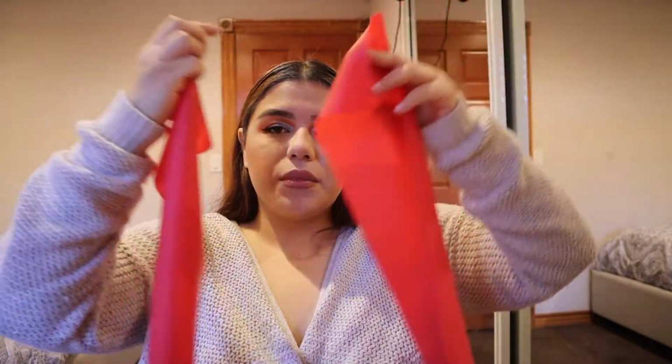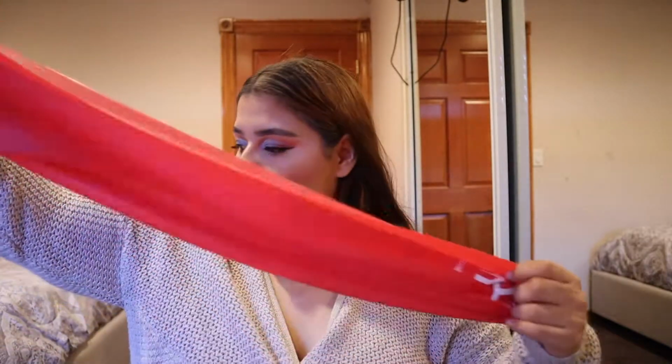I also have these resistance bands. See, I'm going fast. These resistance bands, you have to tie them up. I use these also with my booty workouts, essentially if I'm doing leg raises or the good mornings. So I need to invest in some like these,